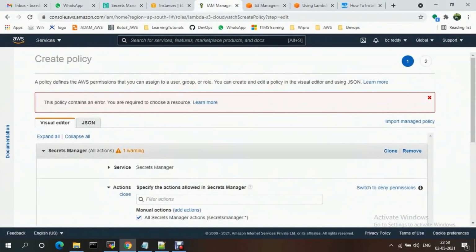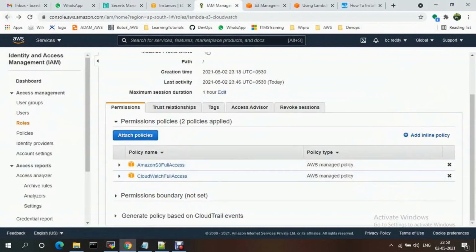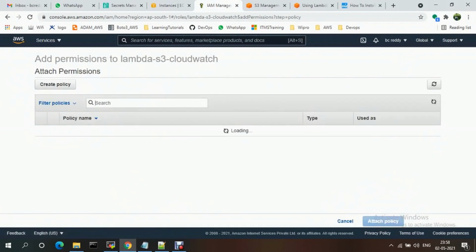Sorry, not this one. Go back. Add policies. Secrets Manager read write. Okay, you just need to add this one.